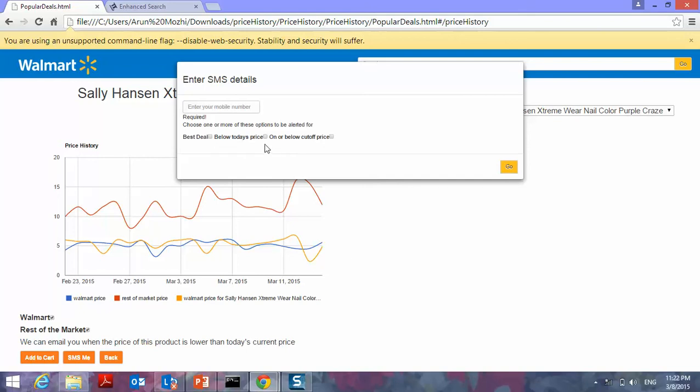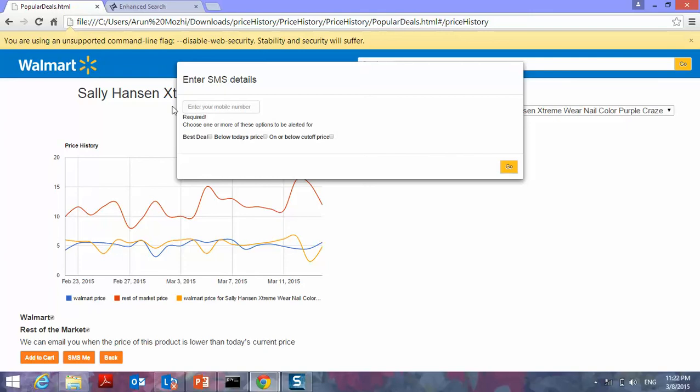Not only this, there is also below today's price; today it's around 4.99, and the moment it goes below this, it will give me an alert SMS. Below cutoff price is something like a stock price, where you can give, say, $3, and the moment it reaches below 3, I'll get an alert.